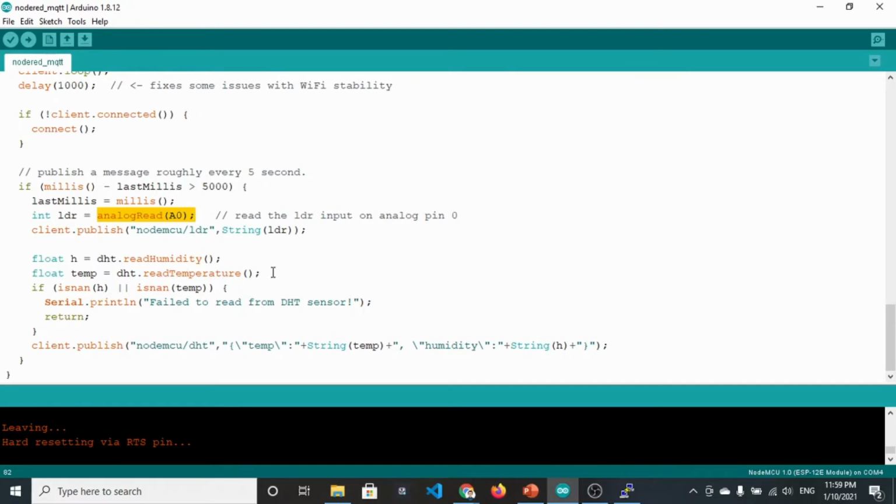These two methods are provided by this library for reading the humidity and temperature. So we just need to check that these two must not be NaN, and if they are not, we send them as a JSON string, so that we can easily parse it at the Node-RED end.